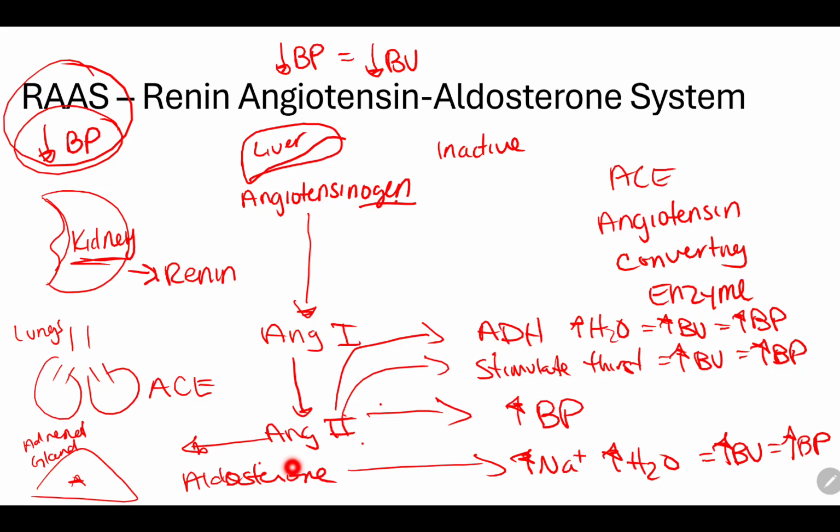RAS system, okay? Remember, it gets stimulated when you have a drop in blood pressure. The kidneys will recognize that, release renin. Renin will convert angiotensinogen into angiotensin 1. Angiotensin 1 goes to the lungs, gets converted via angiotensin converting enzyme into angiotensin 2, right? Angiotensin 2 does all the main effects: stimulating the release of aldosterone, constricting your peripheral blood vessels to increase blood pressure, stimulating thirst, stimulating the release of ADH. All these things will help to do the opposite of that initial stimulus and increase blood pressure. That's the overall result. Okay?